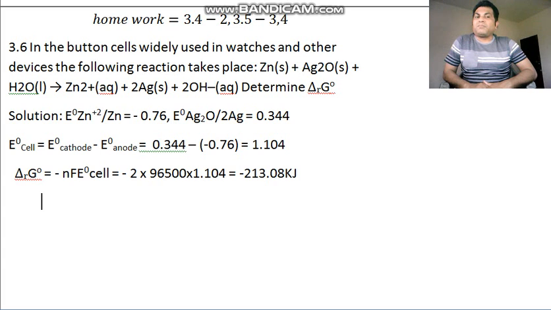So with this we have completed, with these two videos, exercise 3.6 up to question 3. Okay, so hope that you understand. Very simple. First find out E degree cell, first find out the table of half cell reactions, and do the rest of the calculation. Hope that you understand this and enjoy it.